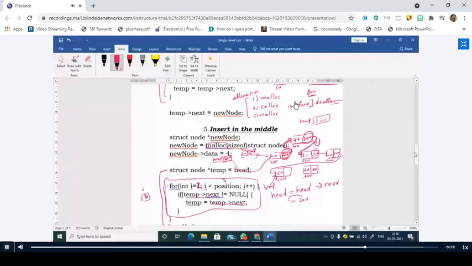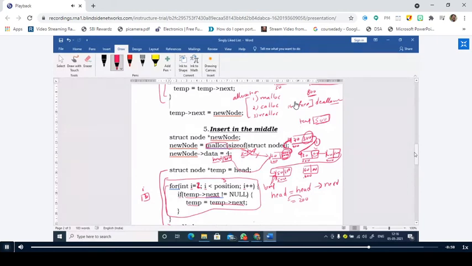At the final position, temp is pointing to 500. Here I have written it, right? So temp is pointing to this location, and if you check the condition, temp next, initially it is having 600. Temp next not equal to null: is it true or false? False, sir. Therefore, it will come out of the loop, and temp is pointing to the node which is created at 500. Now I have to make this node the last node.